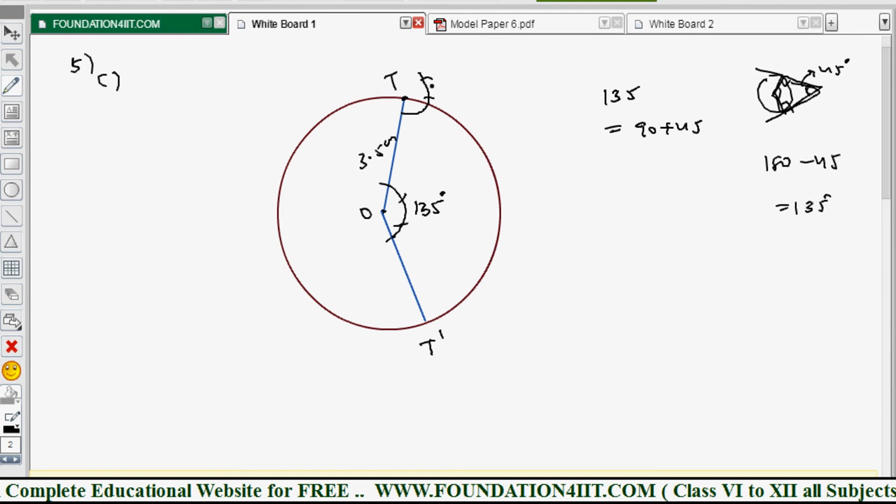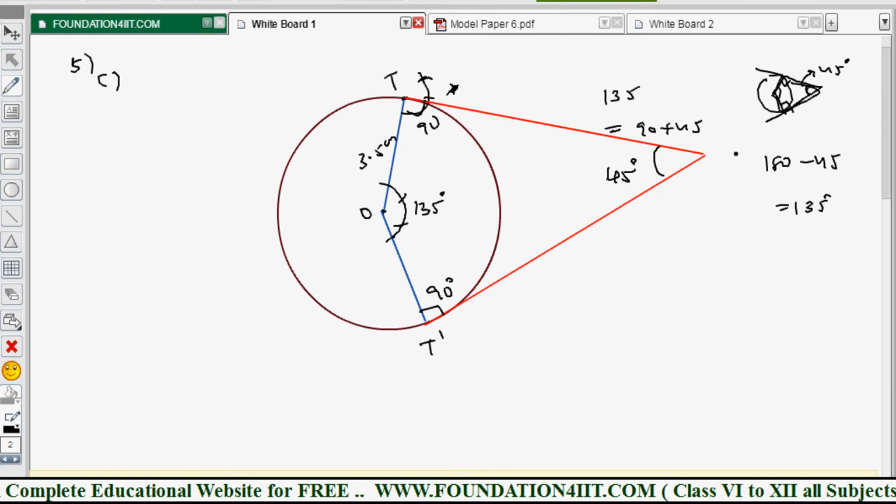So 60, 120 and 60, 120 bisect, then you will get 90 degrees. So at this place 90 degrees you need to construct. Again from the T dash also 90 degrees. So these two angles, here is 90 degrees and this is also 90. 90, 90, 135, then this will automatically get 45 degrees, because the sum of the four angles in a